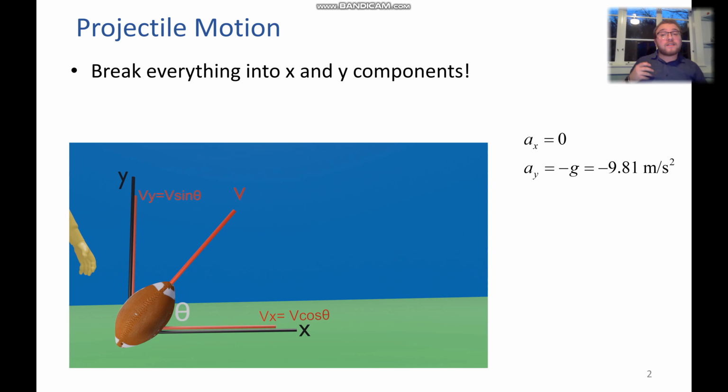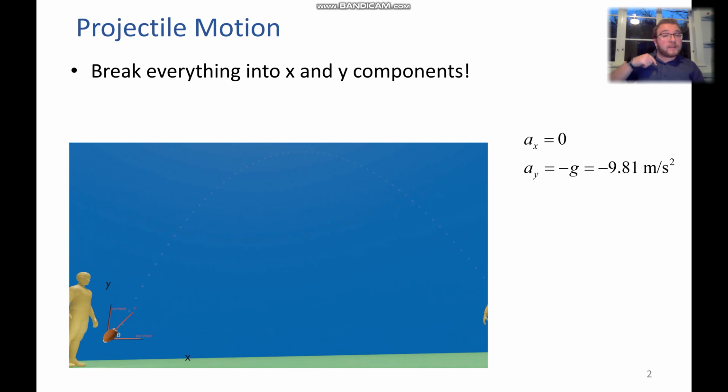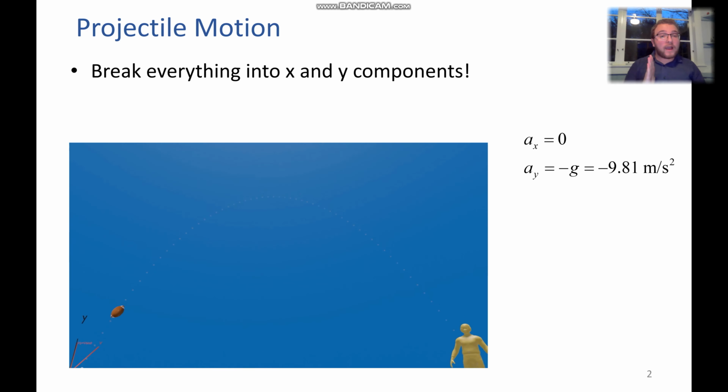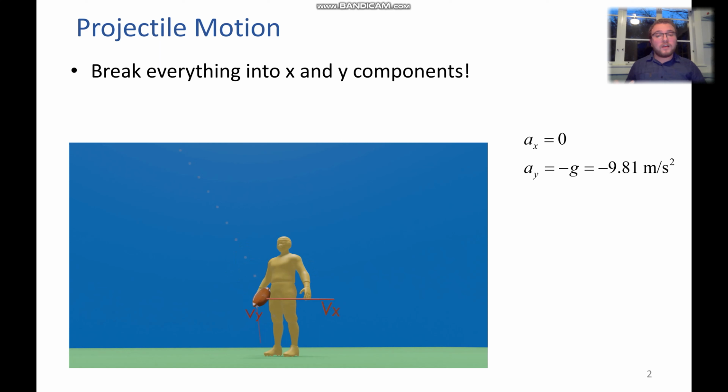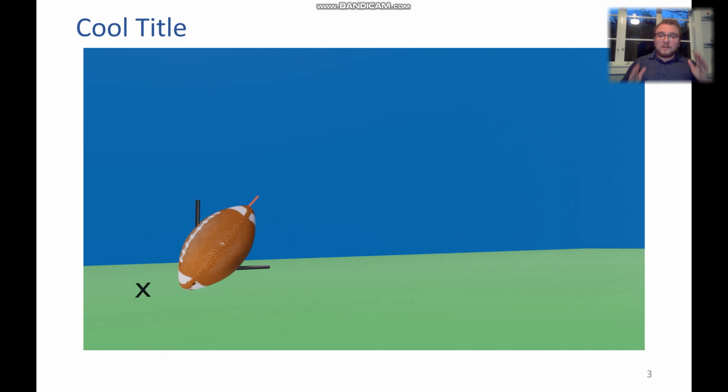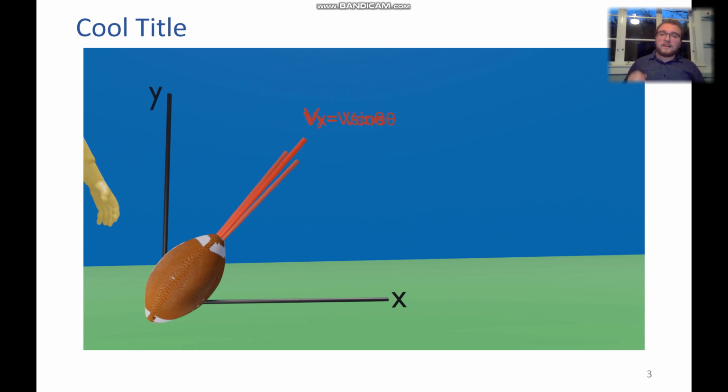So projectile motion is a type of free fall, so our only acceleration is gravity. Since gravity is just in the y, there is no acceleration in the x direction. This means that our velocity in the x doesn't change, but our y velocity gets slowly eaten away, becomes zero, and then grows. So again, here we can see that our velocity gets launched at an angle of theta, and